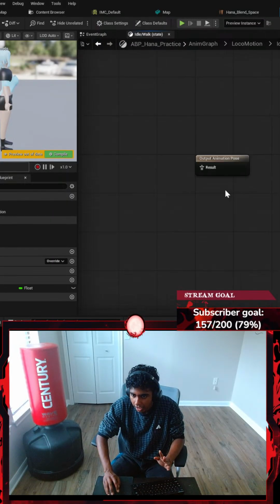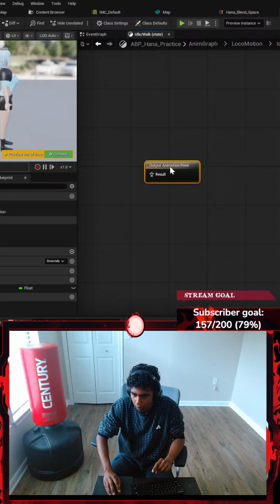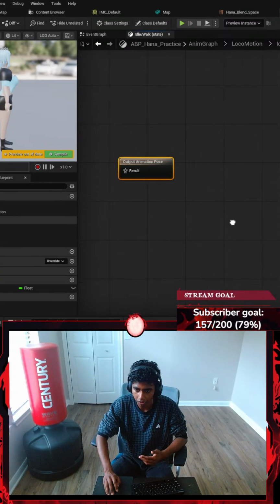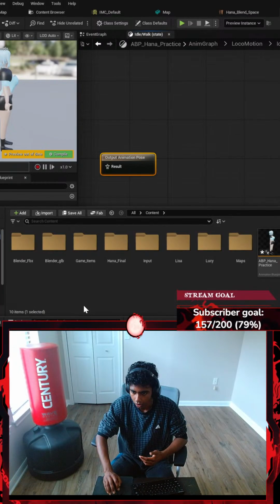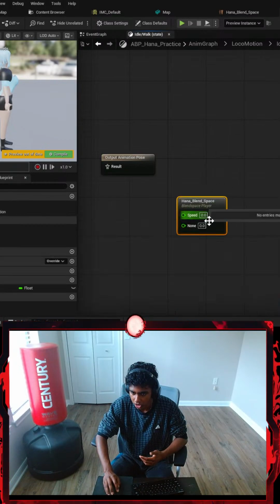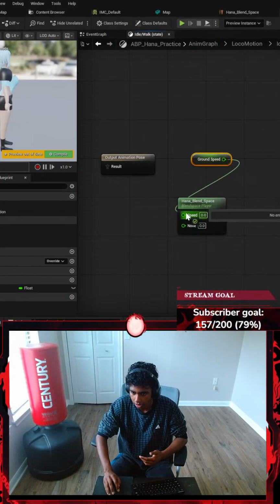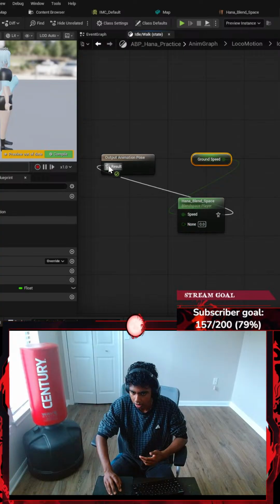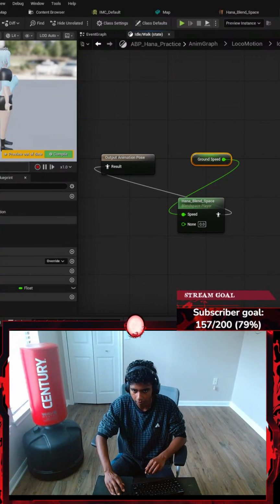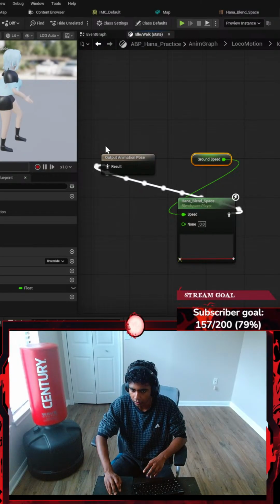I'm gonna go ahead and double click my idle/walk. I see an output animation pose here, which I'm gonna firstly put my contents as drawer, drag that here. This has speed, and then I'm gonna get my ground speed, which is gonna be connected to my speed. If I were to compile, I can move,